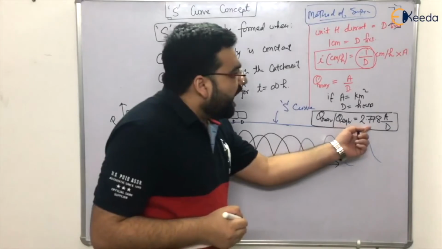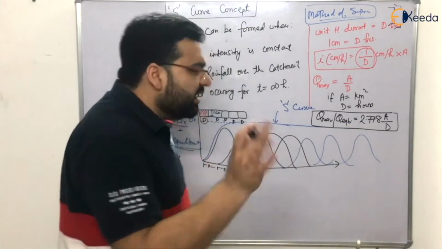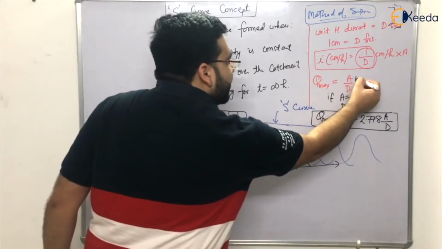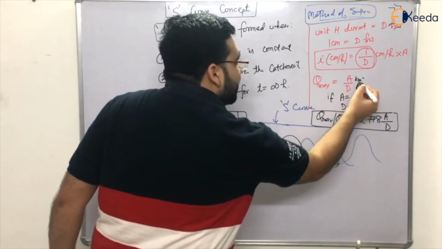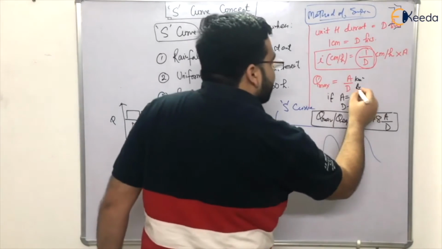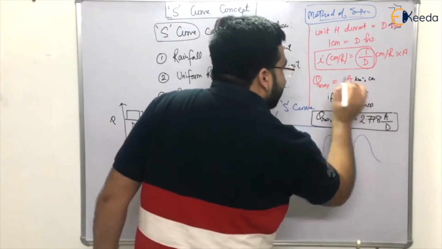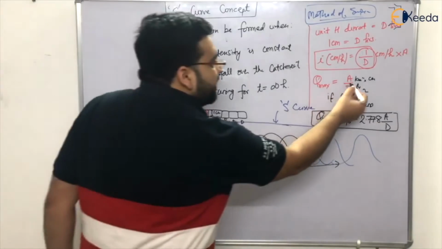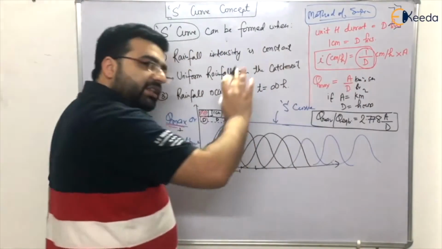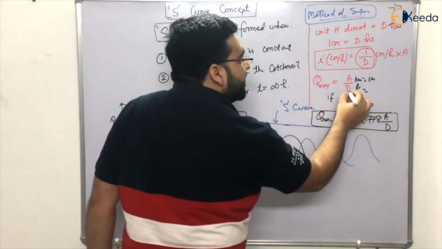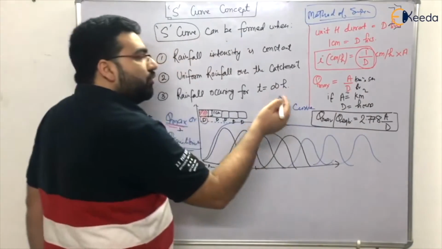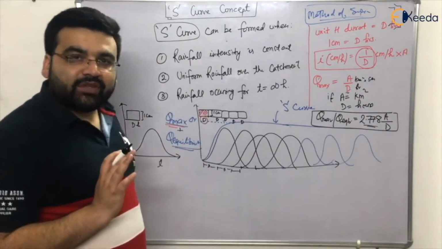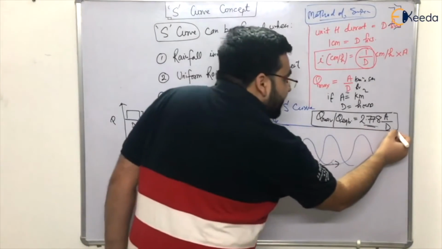Now the question is, sir, how has this 2.778 come? This is also very simple. Now this is kilometer square, let me write here. So kilometer square, this is in hours, right? And this is centimeters per hour, where D is in hours. So what you will do? You will convert the units into meter cube at the numerator, and you will convert the units into seconds in the denominator. So you will be getting 2.778 as the coefficient, right? So 2.778 A by D.